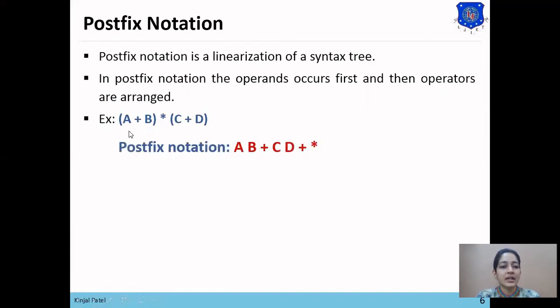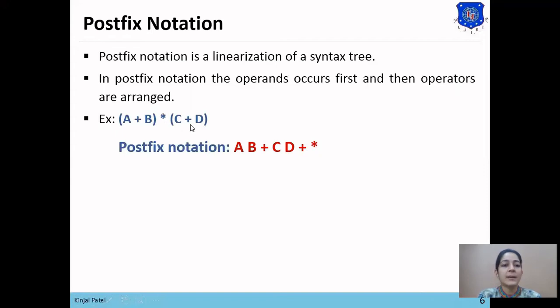So here the postfix notation for this expression is, here two braces are used, as braces are left associative. So first we'll perform the postfix notation for the first expression. So for a plus b, postfix notation will be ab plus. Now a plus b has been converted into postfix notation. Now there are two operators left in the expression, star and braces. So braces have highest precedence, then star.